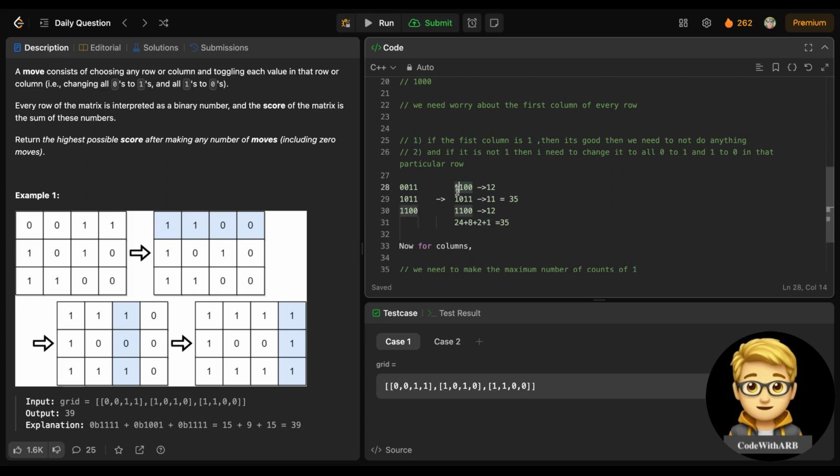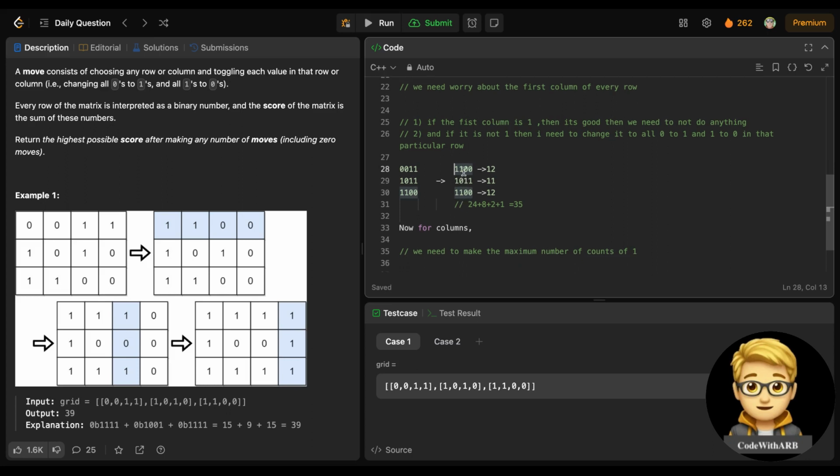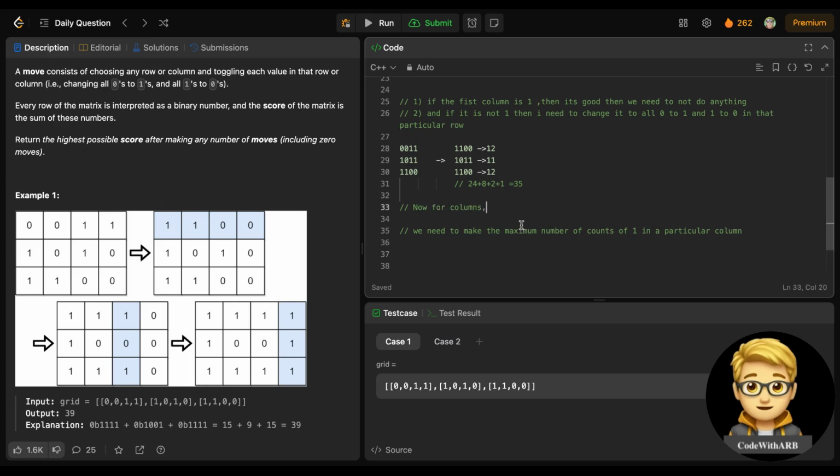So if you vertically add like this or horizontally like this and sum, that would be the same, right? I need to anyhow maximize the number of ones at a specific position in columns, so that after summation this should be the maximum. So I need to make the maximum count of one in a particular column, right? So for that, we need to iterate in a particular column,